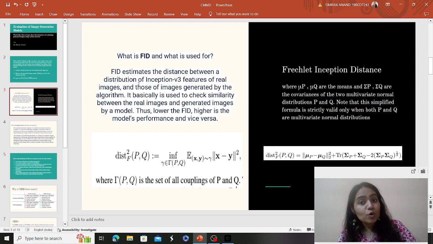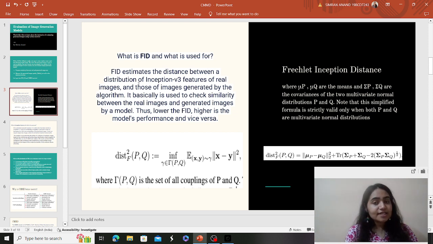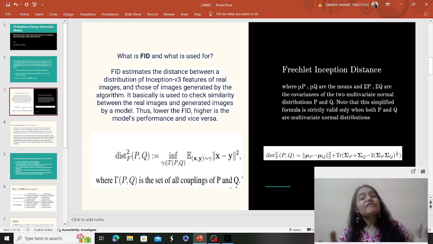So when FID is more, the similarity between what is generated and what is real image is less. So I would say having a low FID is better. How do you evaluate whether your model is performing well or has generated qualitative results? Quality is another term, and I will come back to quality and the diversity part. But right now, let's focus on the similarity part. So when the FID score is less, the model's performance is better. So always aim to have a lower FID.